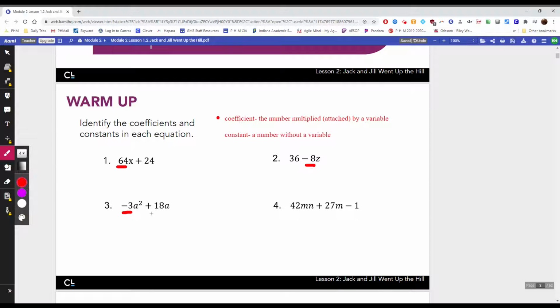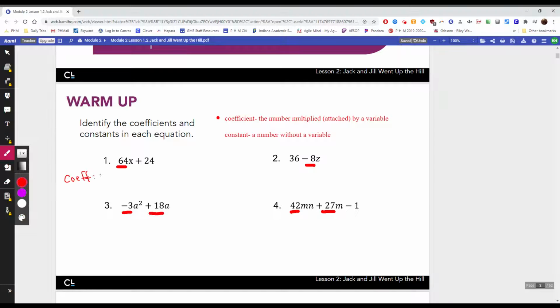-3 is a coefficient. +18 is also a coefficient. Number 4, 42, and 27 are both coefficients. 27 is positive because of that plus sign. So just to recap,